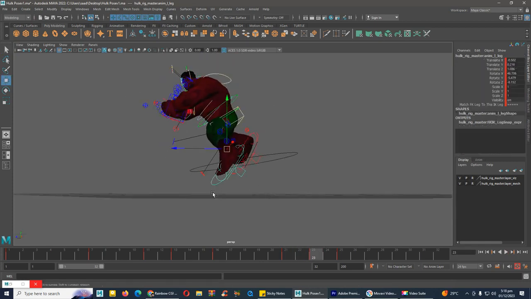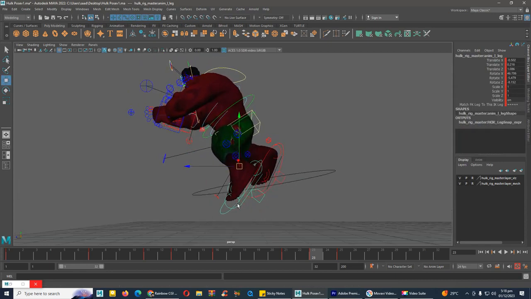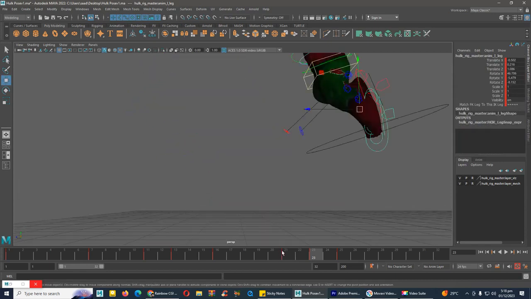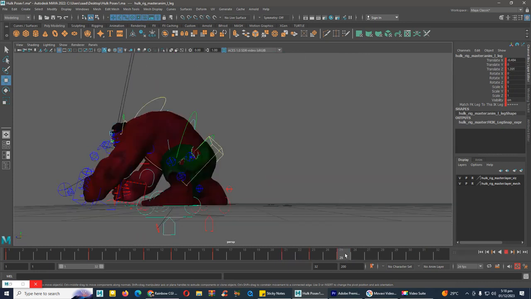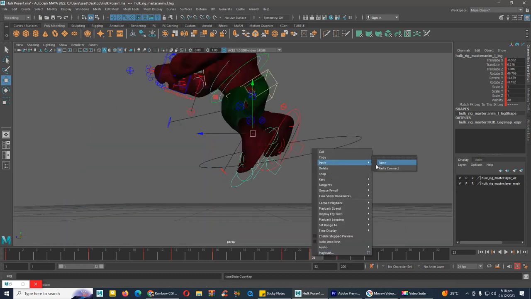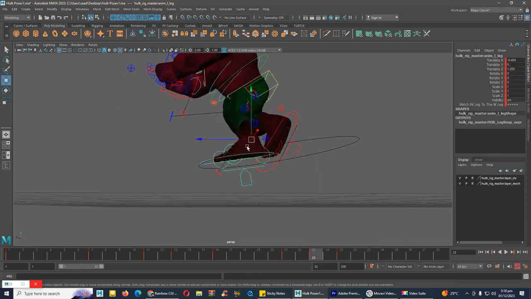It is important here. Before his upper body goes down, I'll copy this 25 frame and paste it on 23 frame and